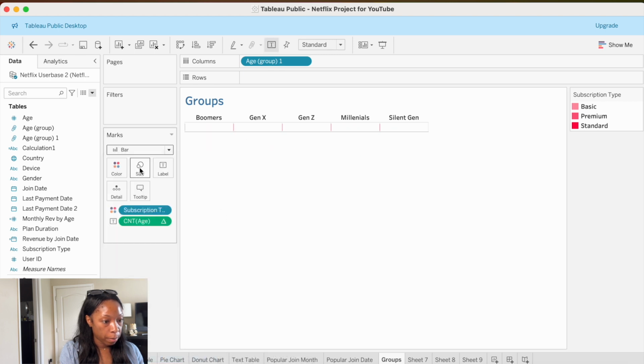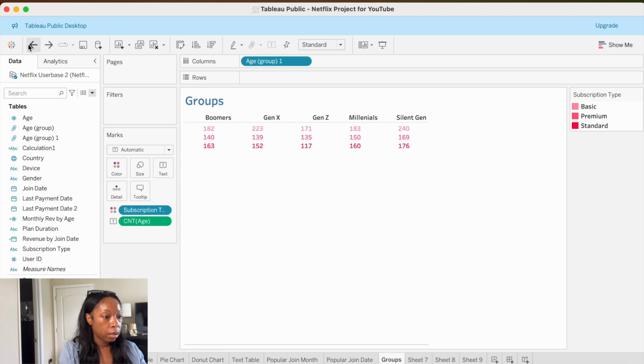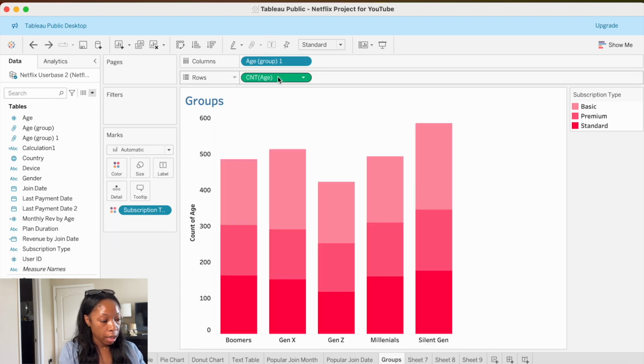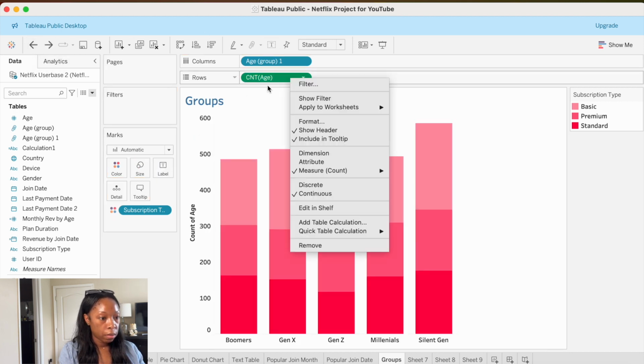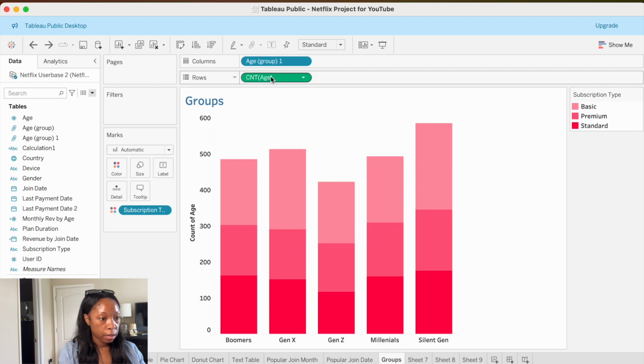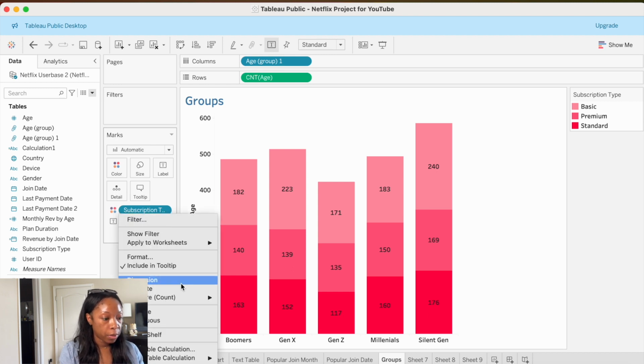I want my bar back. Oh crap, hold on. I command. Why is it control? No, it's definitely. Okay, here we go. And I'm gonna change this to a percent of total,